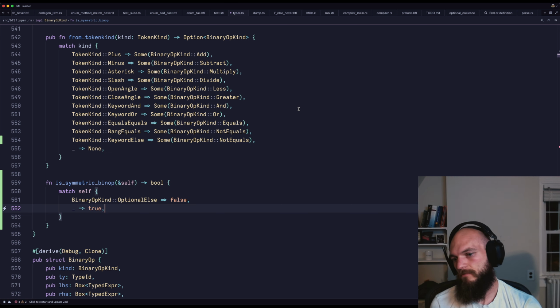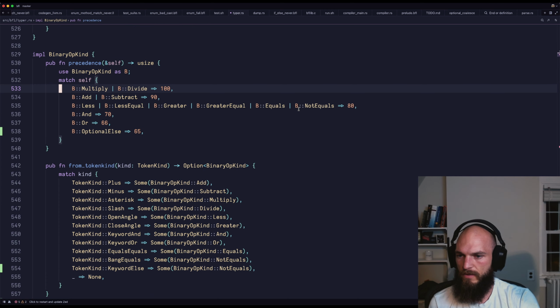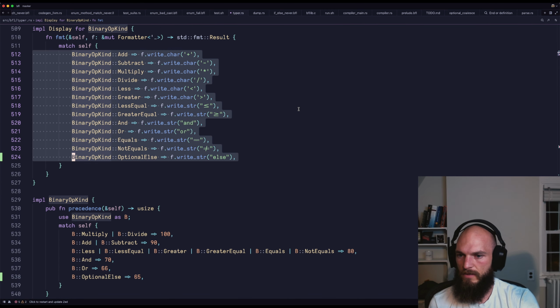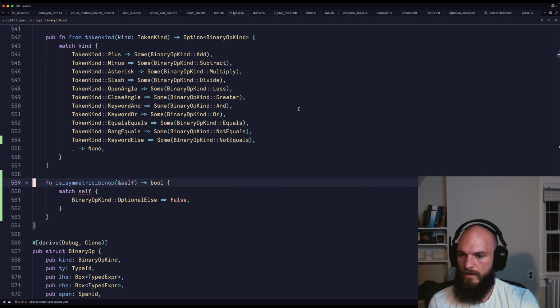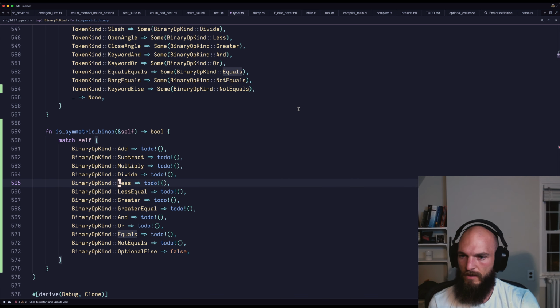I don't like doing the underscore because invariably I will accidentally not update this. Yeah, I'm not gonna do the underscore. I'm gonna be good. Let's just ask Rust Analyzer to do this for me. And now we'll replace all these instances of to do with